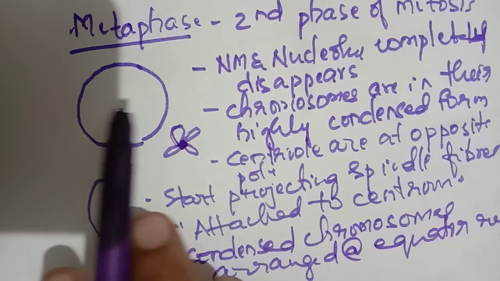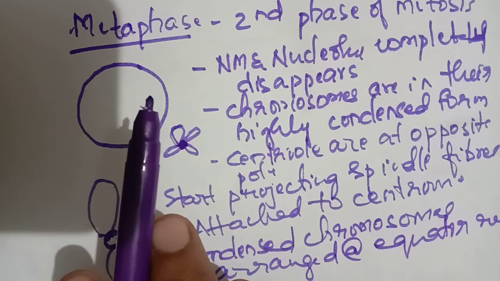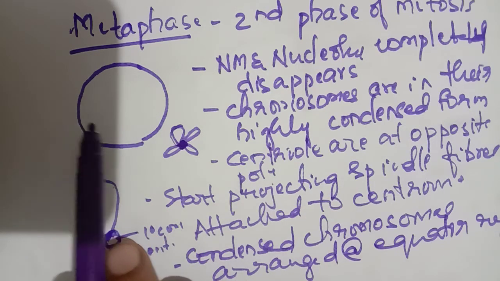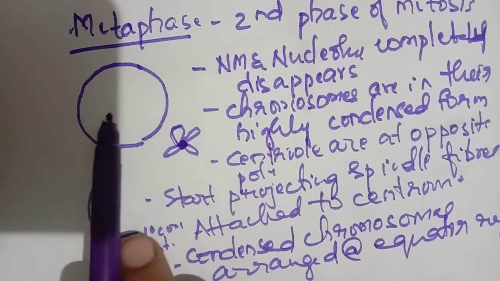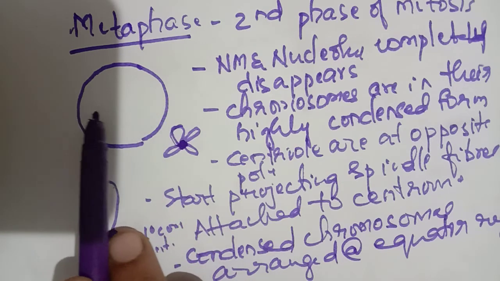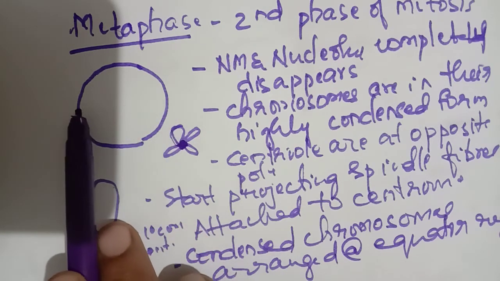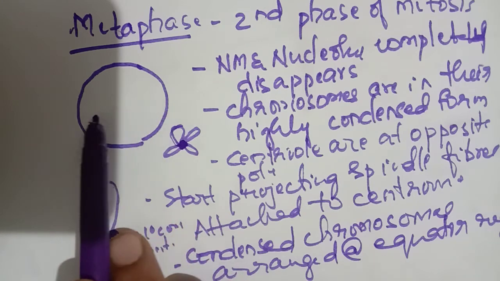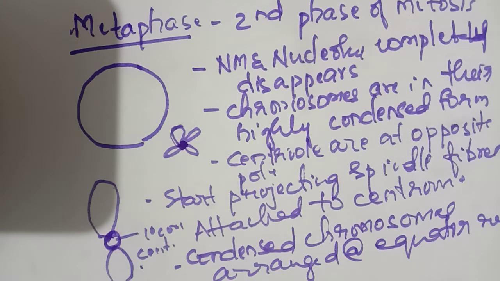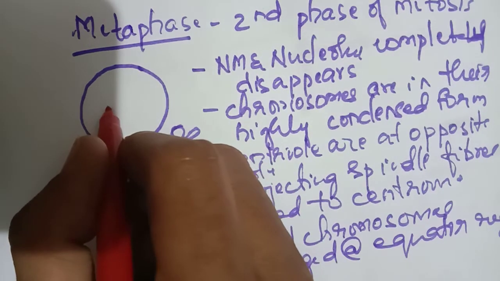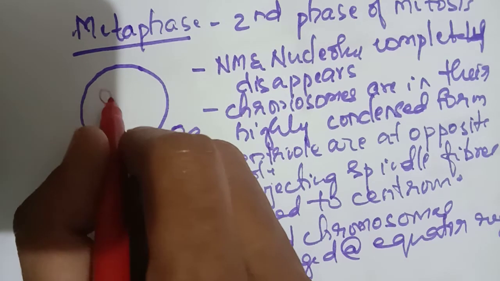Okay, in the earth, you know that there is an equator region that divides the entire earth into 2 regions, north region and south region. Like that, at one equator region, they will form a ribbon-like structure. So consider this as the chromosomes.